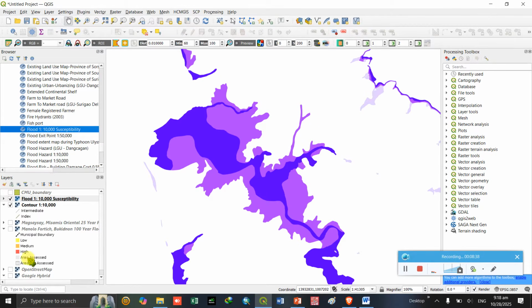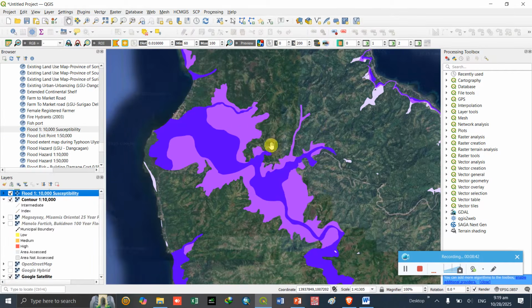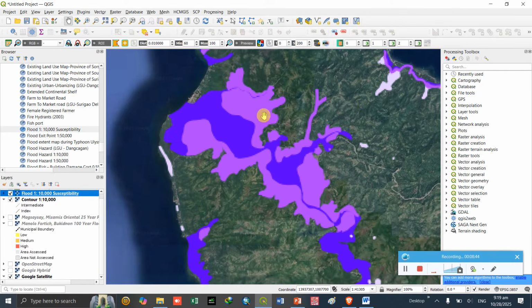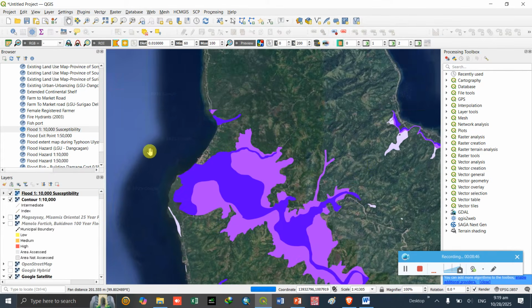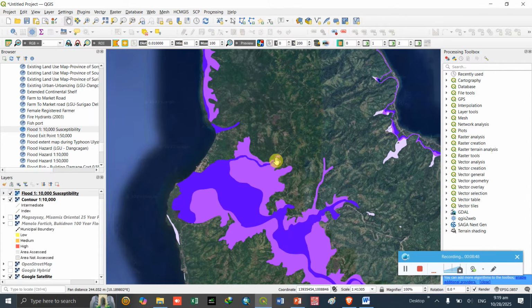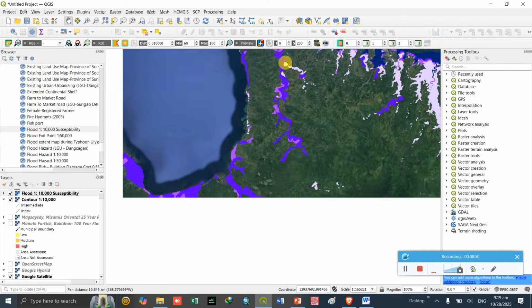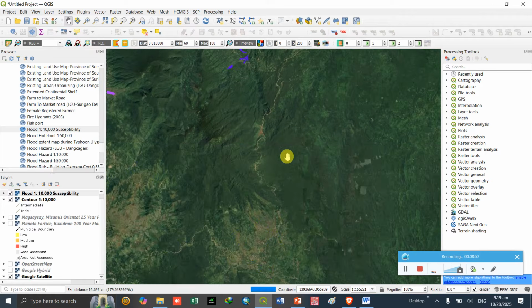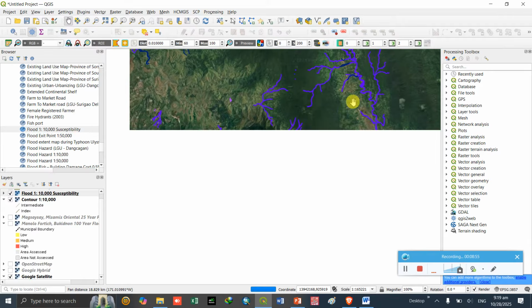So this is the flood susceptibility of a portion of Misamis Oriental, but we will check with CMU. Where's CMU?